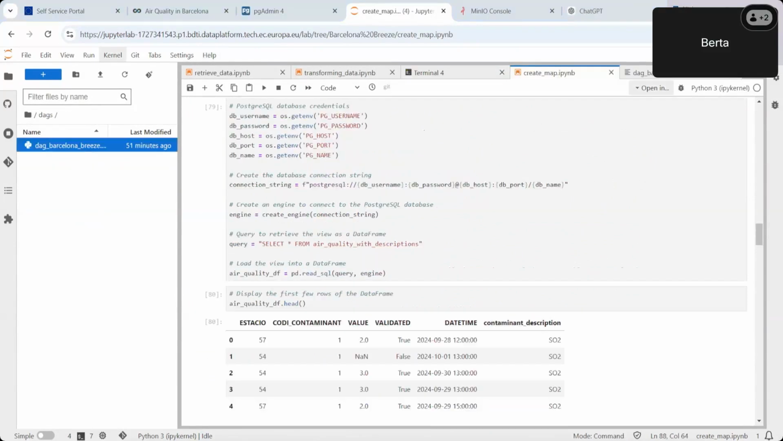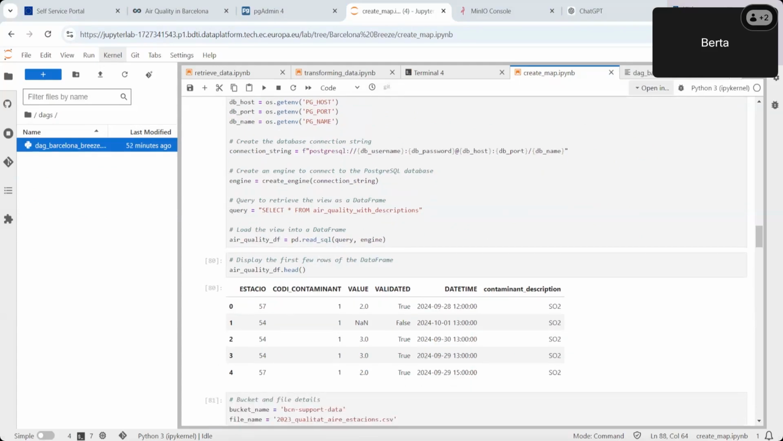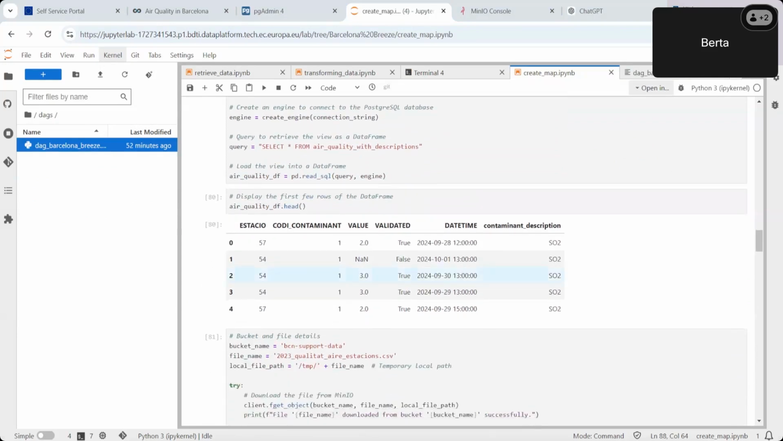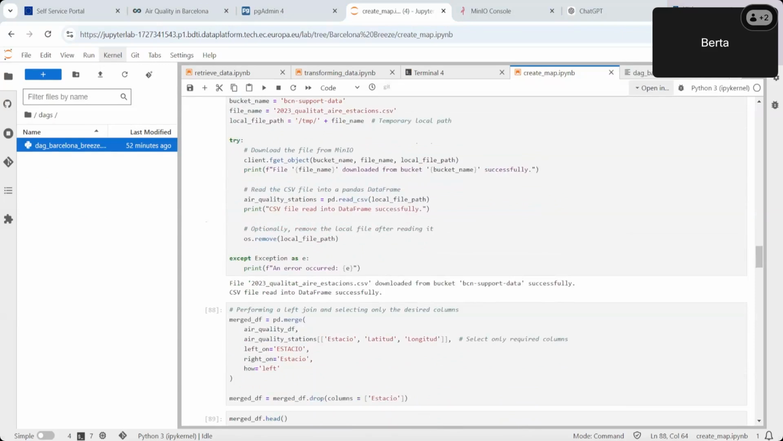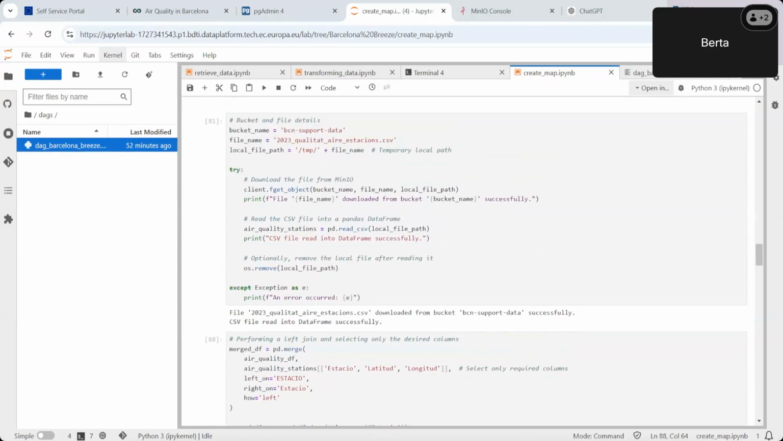So now we have added some data on the air quality, reading the transformed data that we have on the PostgreSQL database. So we're connecting to it in this chunk of code here and selecting the view that we created before, saving it as a data frame, viewing the first few rows, and then downloading the support data to know the location of the stations from MinIO,